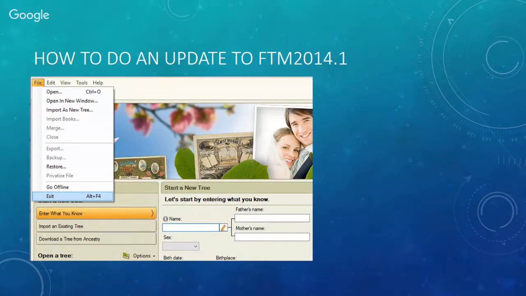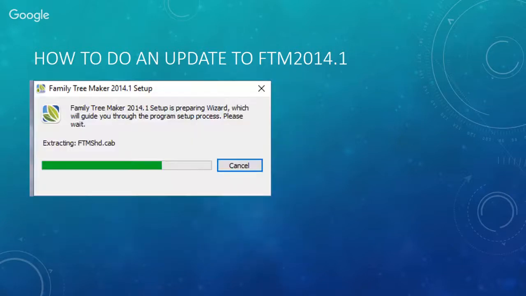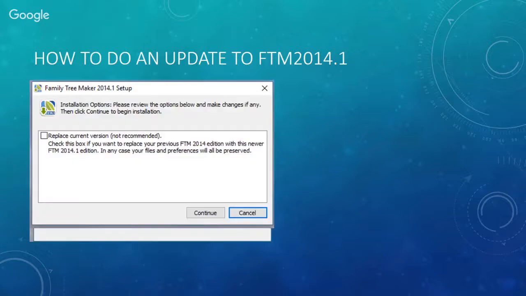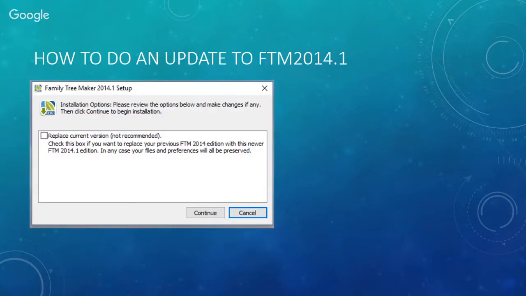And then I go back to that screen that I started with, where it asks have you backed up your file. And this time I can say no thanks because I just did it. And the update will start. So it's downloading or extracting a bunch of files, and then you will get a screen that says